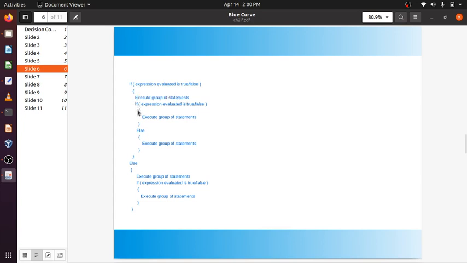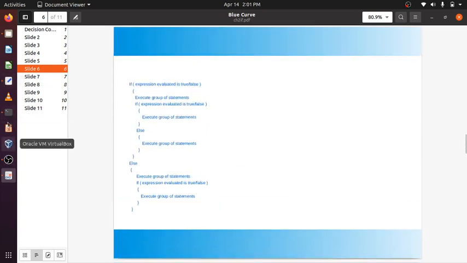Again here also I need to keep a bracket, so that control can understand which group of statements comes under which if and which else. Here I have only one if, but still I have given a bracket. If there is only one statement inside the if, the bracket is optional. If more than one, the bracket has to be there.